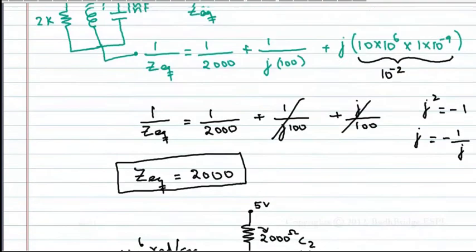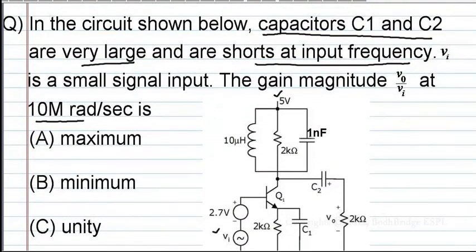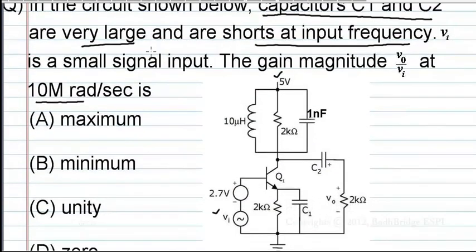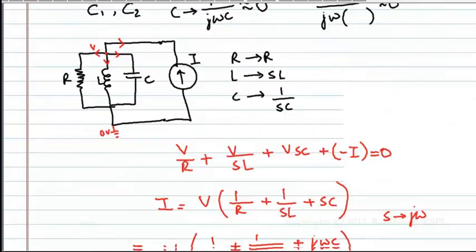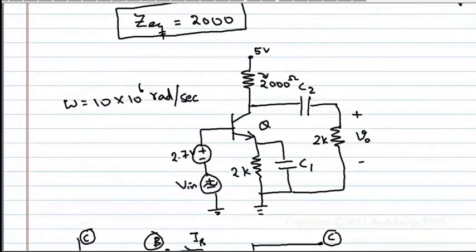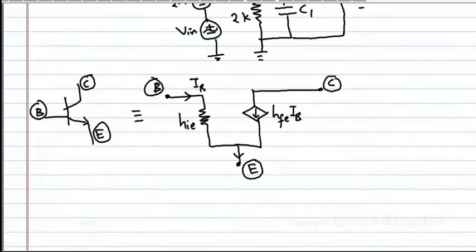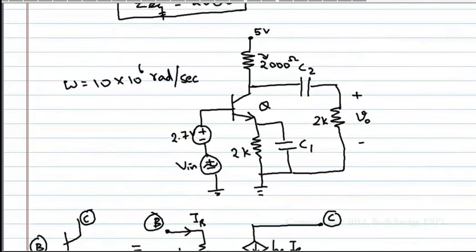Okay, here he asked what? He asked V output by V input at this frequency. Vi is the small signal input. That is why I am drawing the small signal equivalent. In a transistor, no one will ask you about DC, because DC is just for fixing the Q point. Always, because of V input only, we want the gain. First step for drawing the small signal equivalent and finding the gain: draw the small signal equivalent of the transistor. That we drew. I'll write the steps.